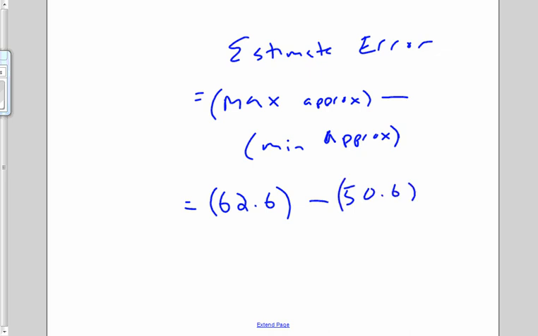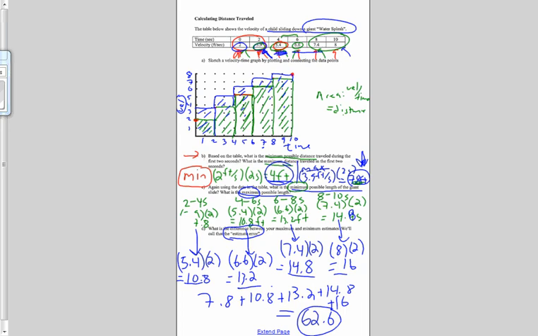So our estimate error is the difference between those, which is 12. A key thing to notice when we're talking about the maximum and minimum approximations, and let me go back to this, is that the only difference between the minimum and the maximum approximation are one data point. In other words, if we look at the green, between 2 to 4 seconds, we approximated